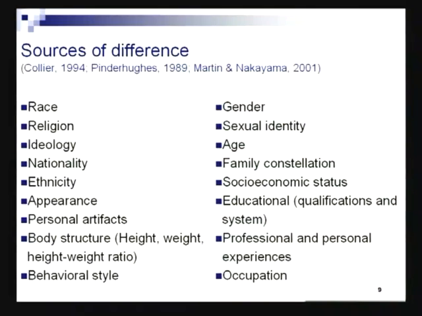Again, all these things are interrelated. If you look at this entire list, all of these things are interlinked with each other. Race could be a determinant in religion. Religion definitely is a determinant in ideology. Nationality could be linked to religion in some cases, or it could be linked to ideology and ethnicity and so on. Nationality typically deals with